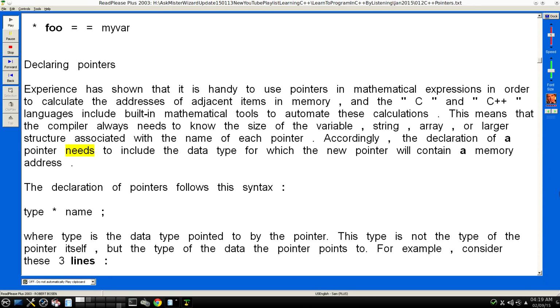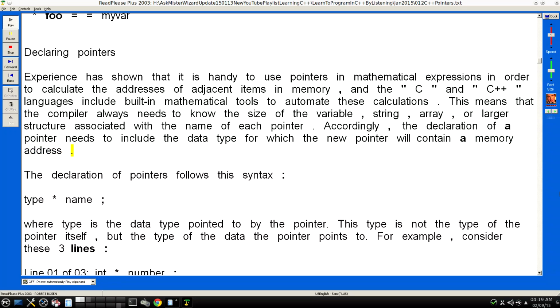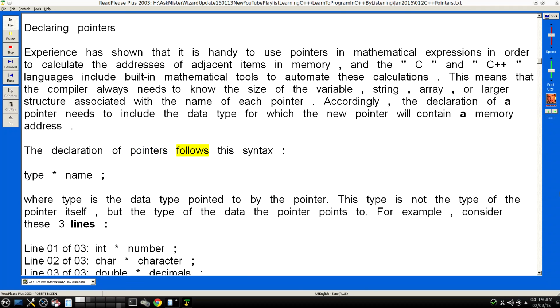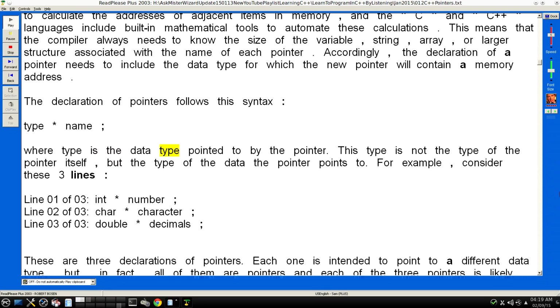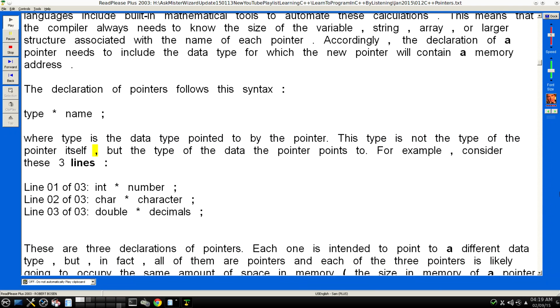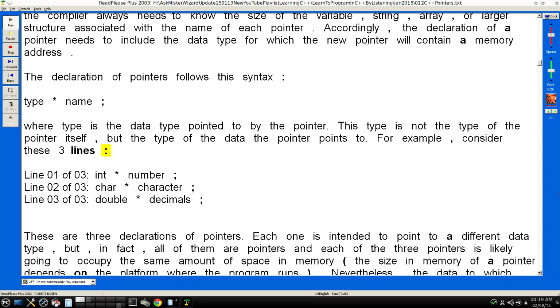Accordingly, the declaration of a pointer needs to include the data type for which the new pointer will contain a memory address. The declaration of pointers follows this syntax: type * name; where type is the data type pointed to by the pointer. This type is not the type of the pointer itself, but the type of the data the pointer points to. For example, consider these three lines: